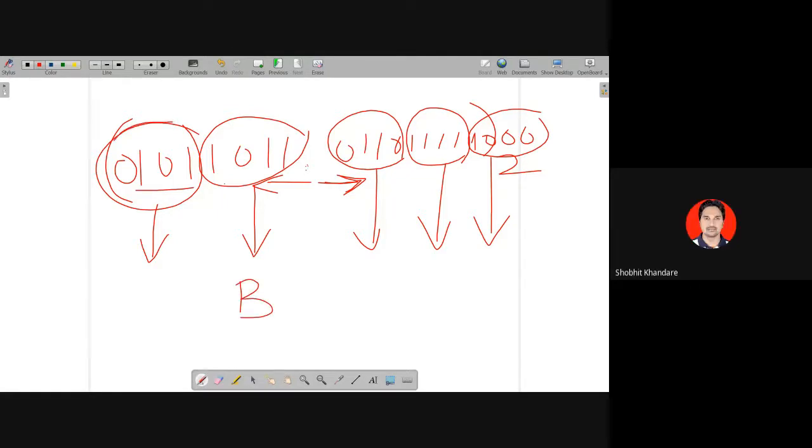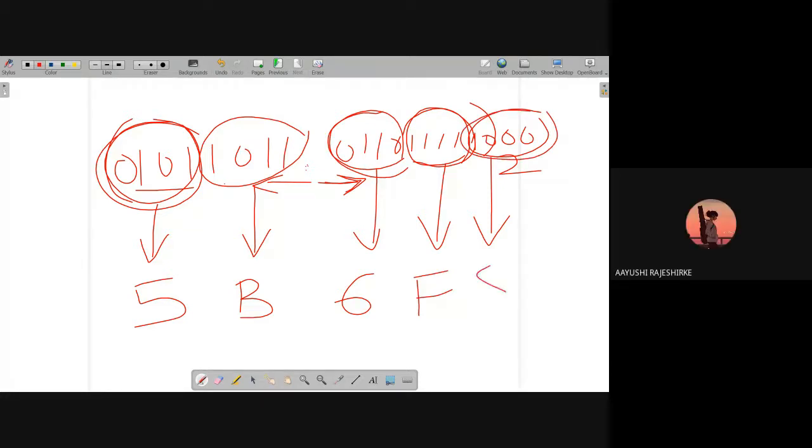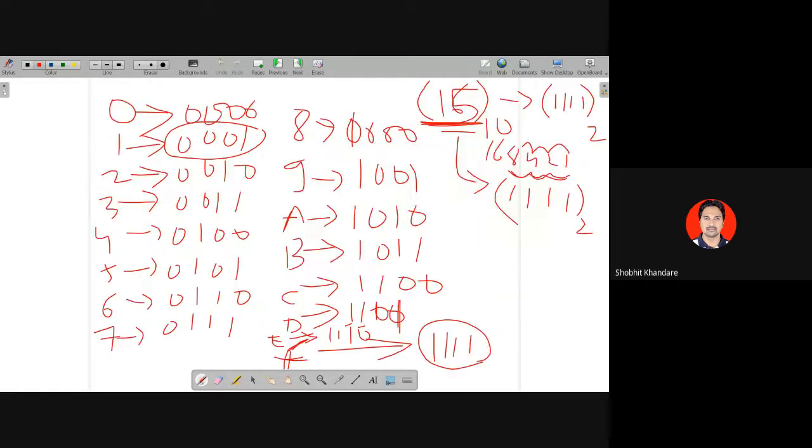Tell me the representation of this. 5. Tell me the representation of this. 6, right? Tell me the representation of this. F. And tell me the representation of this. 8. हाँ, ये कुछ रॉकेट साइंस नहीं है, ये हमने कहाँ से लिया,